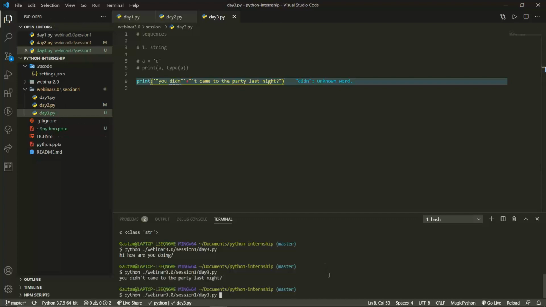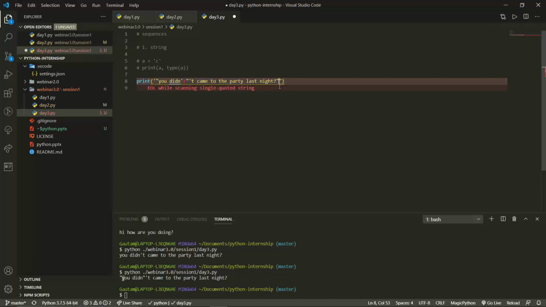Okay. So let us see what the output is. You can see we have got this quotation right over here. And we don't want this quotation right over here. Rather, we would like to have that quotation right over here. So for that also, again, we need to have our double quotations.